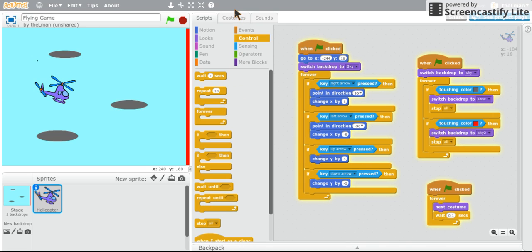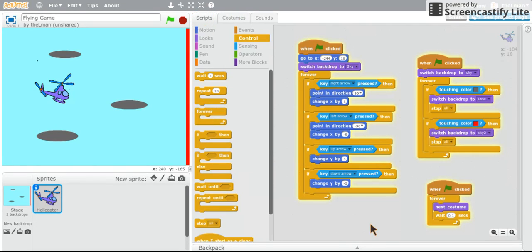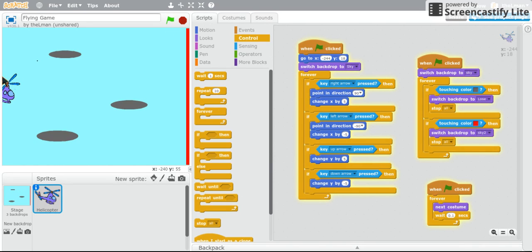So as you can see, there are two costumes. I've just moved the blades a little bit, and it's cycling back between those two over and over again. So how do we make it so that if I hit this, instead of saying you lose, I lose a life? Well, to start with, I have to create a little lives counter up the front here, and I do